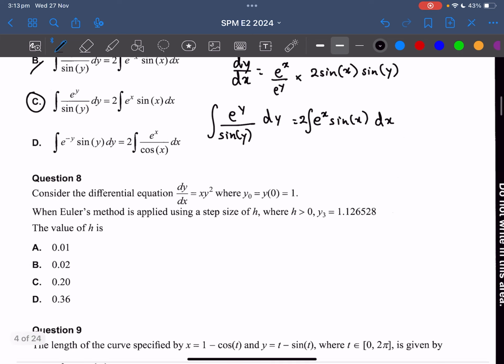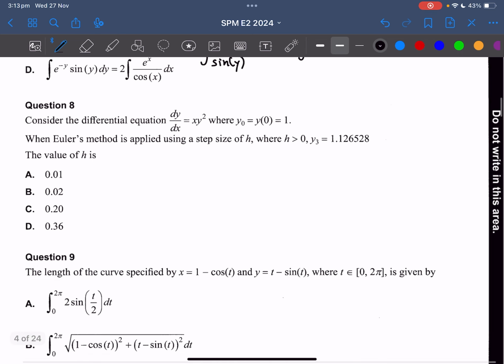Okay, so consider the differential equation where y0 equals that. When Euler's method is applied using a step size of h, and y3 is this, the value of h is... Okay, so for this question, I feel like